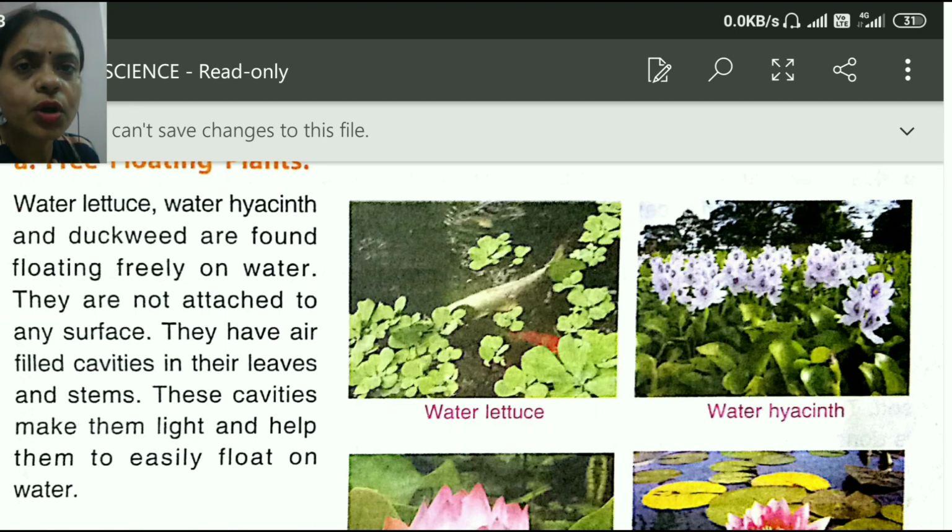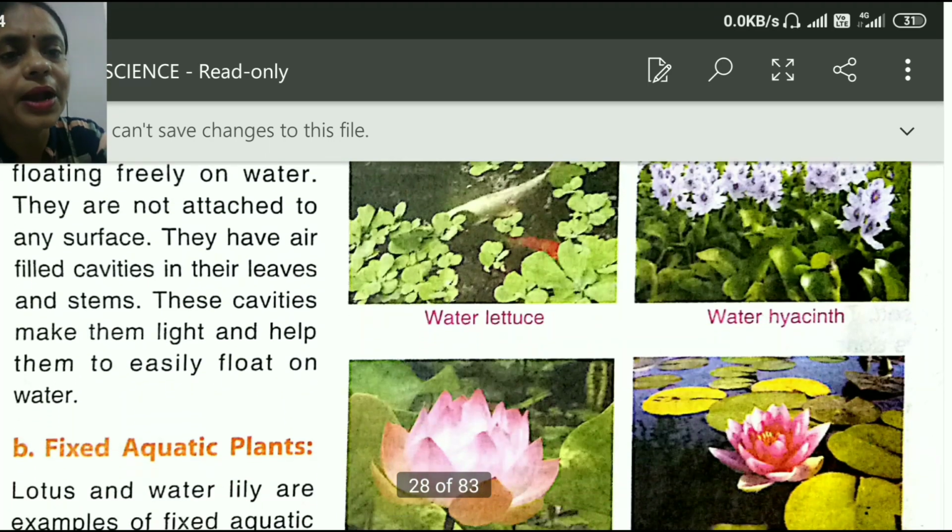Here water cactus, water hyacinth and duckweed are found freely floating over the water surface. They are not attached to the surface, and they have air-filled cavities in their leaves and stems. These cavities, these spaces, make them light in weight and help them to easily float on the water surface. So these are called free floating plants.